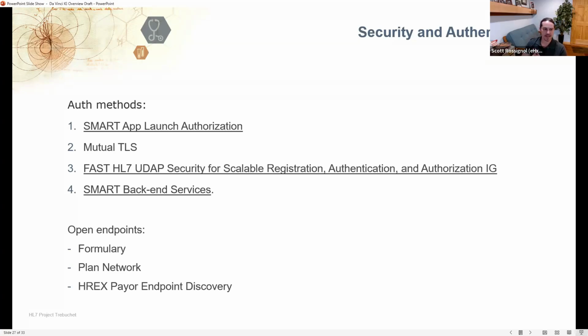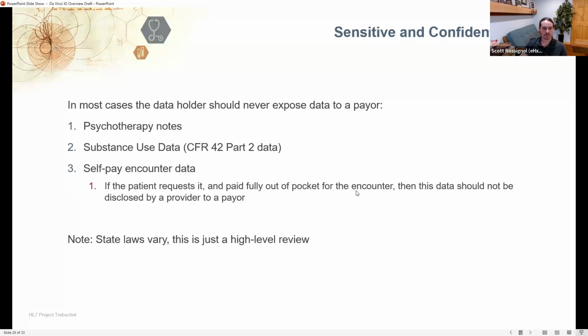It's a little more complicated than that, but generally you do have to consider what endpoints are going to be open and available to the public versus which ones are behind authentication, and what authentication you're going to use with your trading partners and for each use case. Different use cases can require different authentication. Another key sticking point with organizations that are really moving forward in production is to think about sensitive and confidential